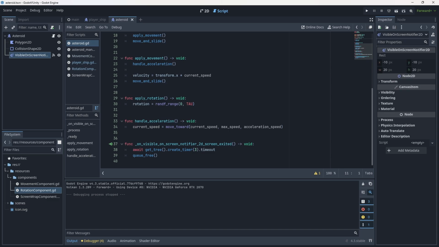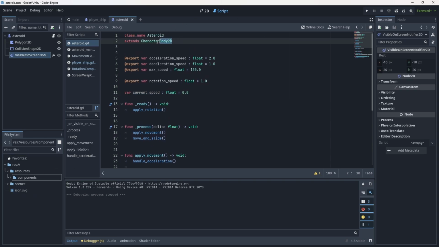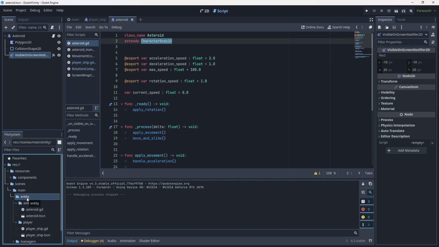rather than composition, right? Well, actually both at the same time, realistically speaking. So if these two things are going to be using a lot of similar functionality, one of the things I can do here is create a new script and inherit from that instead of just passing through character body. So what I can do here is go down to my scenes folder, into my entity folder, and right click,